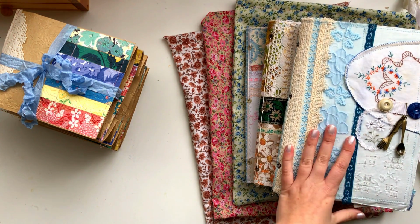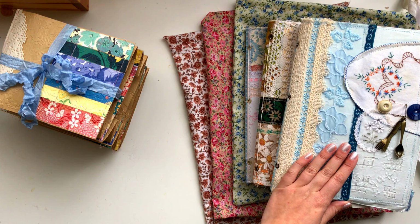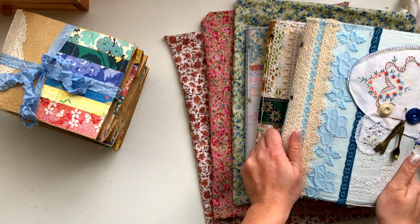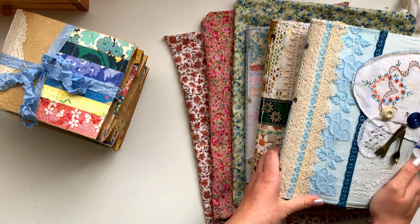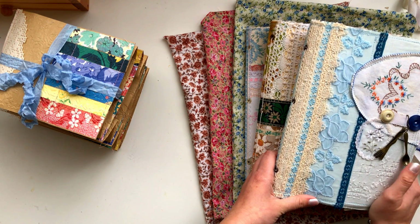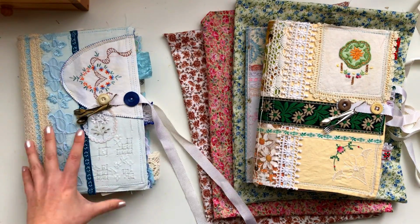So I did soft covered journals for this little collection, and I was really inspired by both Moonside Parlour and Penny and Rose Paperie. I'll link both of them down below, but I've really been loving the fabric collaged covers they do, and I wanted to have a little play at that myself. I've been wanting to do some cooking themed journals for a while, so I'll put the minis aside for a minute. So we have 3, this one,